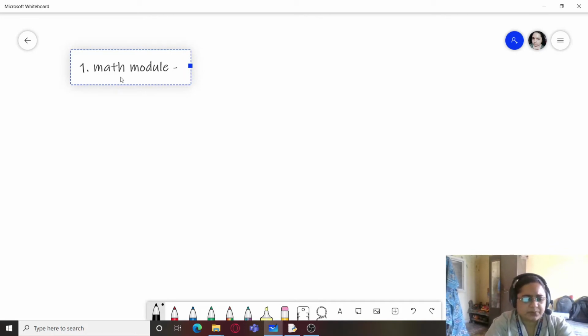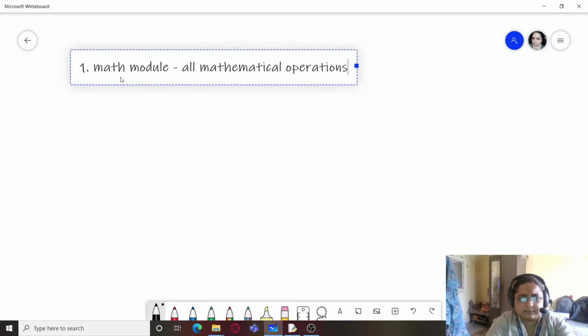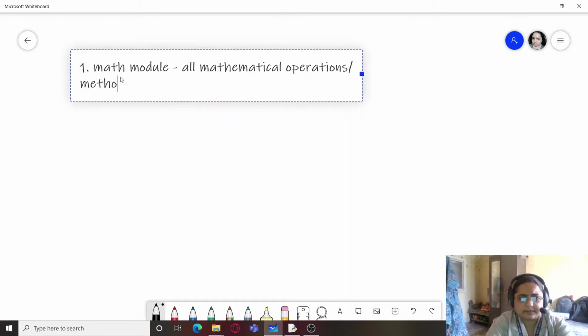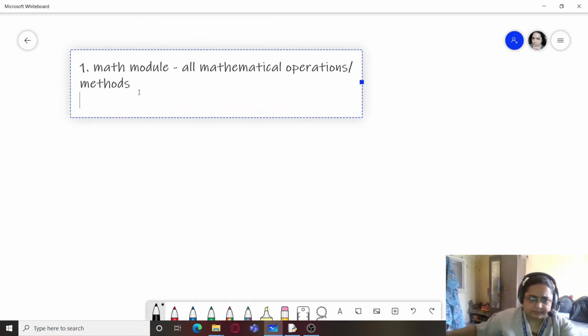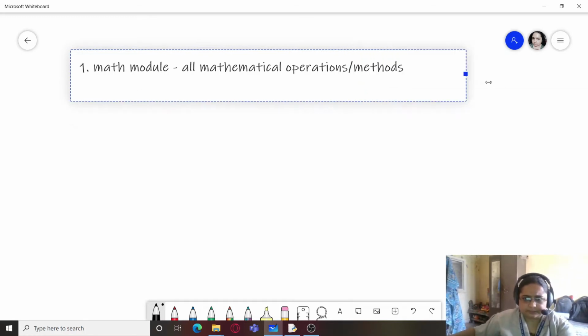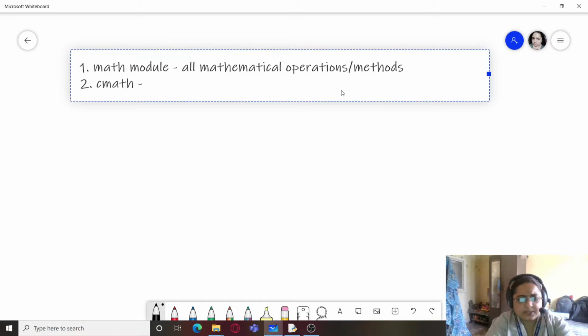It is used for all mathematical operations and methods. Next is the cmath module, which is used for all complex number operations.